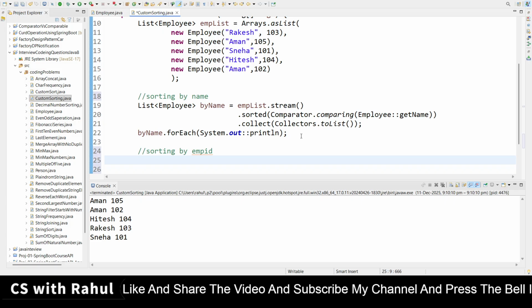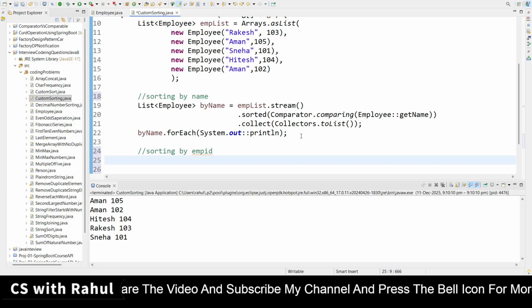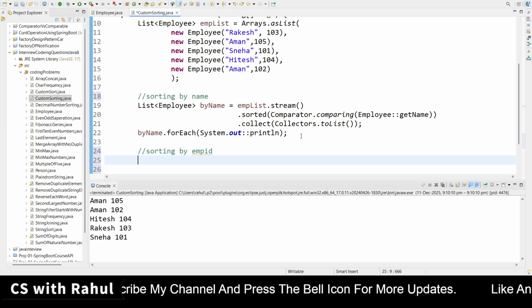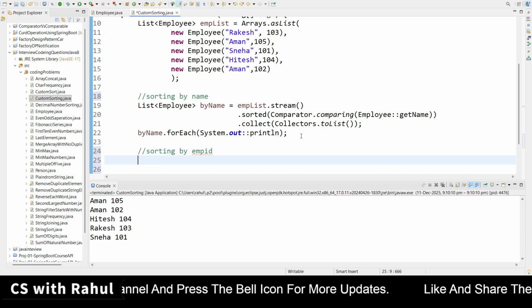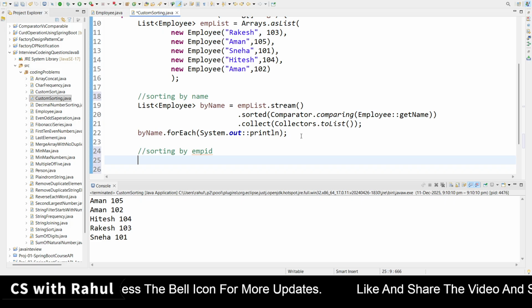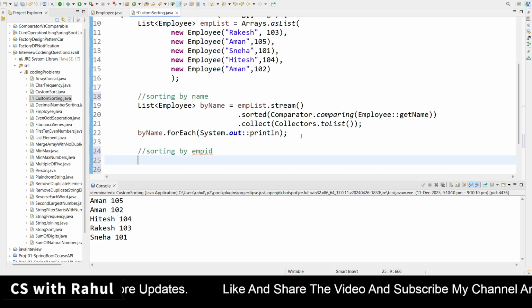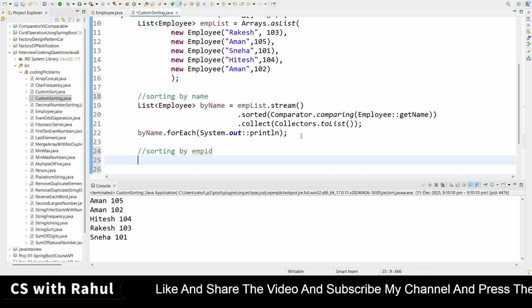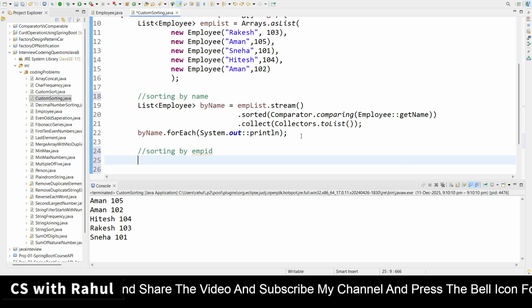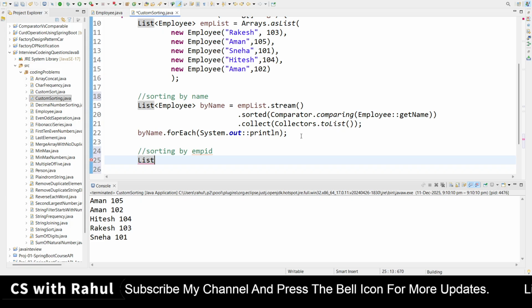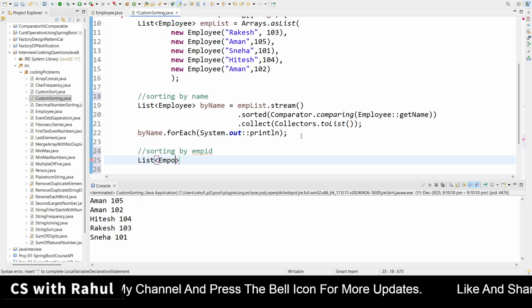See, employee ID is an integer, right? For the string we have used comparing, so for the integer we need to check what to use. So let's do it. We will create the list of Employee just to store it.